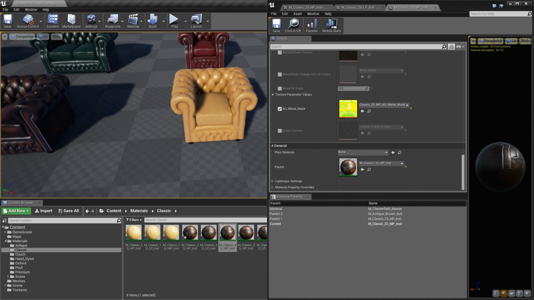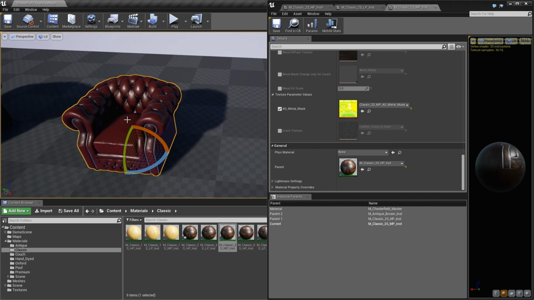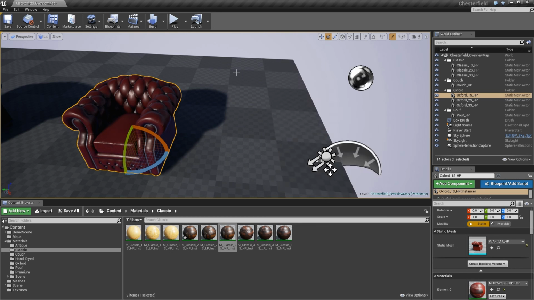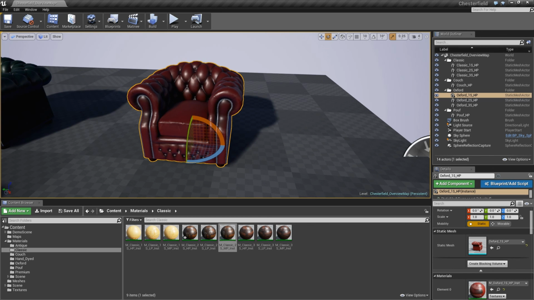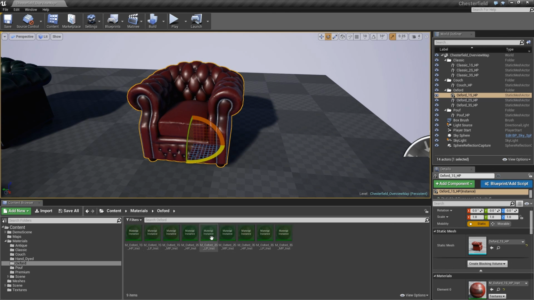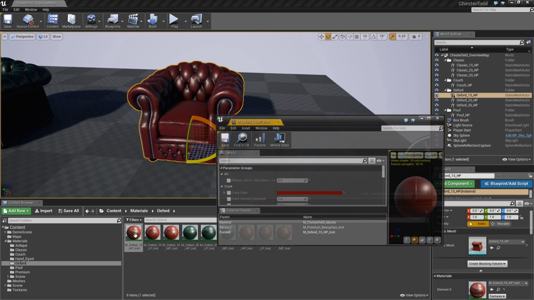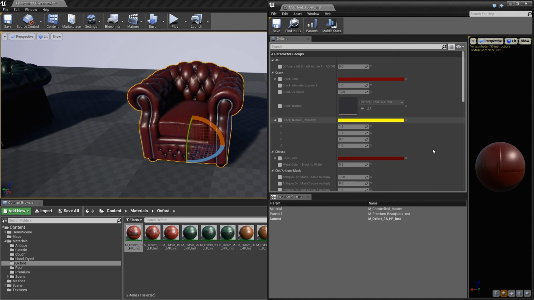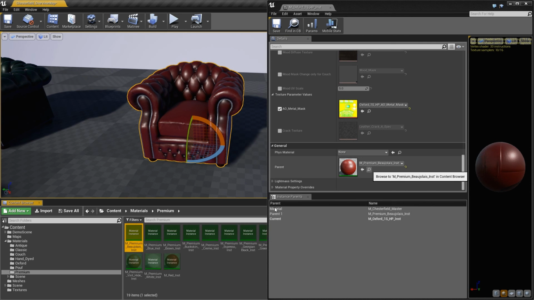So let's take another one. Let's take this one to show you again. If I want to change this one, I go here, I go to material. This one is from the Oxford collection, a one seat here. Okay, and if I want to change this color, I go where there is color.